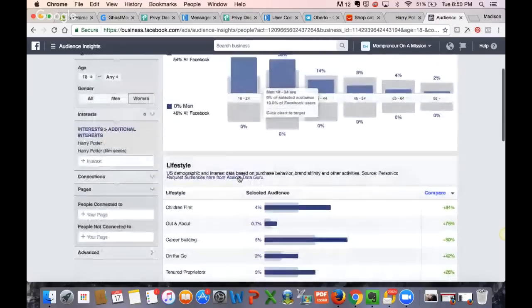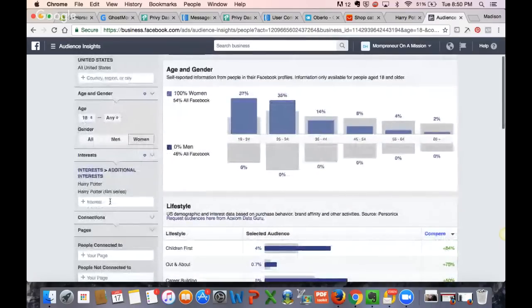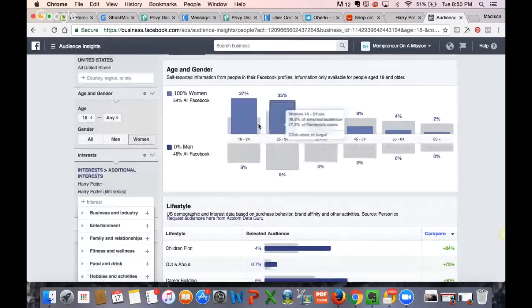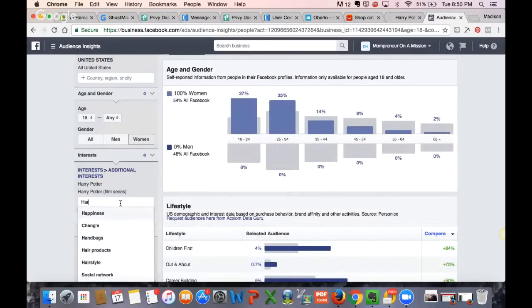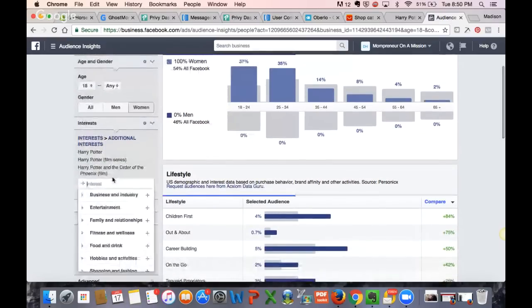But this is how you can get a feel of who's on Facebook. I love this tool. I absolutely love it. So I could do the Harry Potter film series. I can do Harry Potter. I don't know, there's so many Harry Potter things. Harry Potter and the